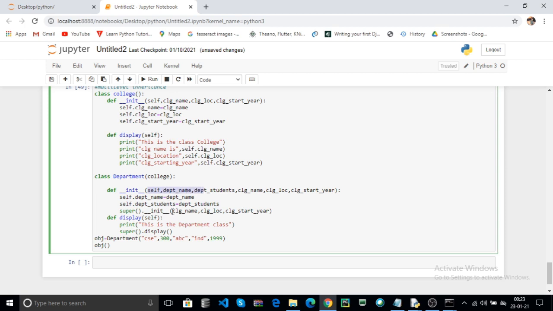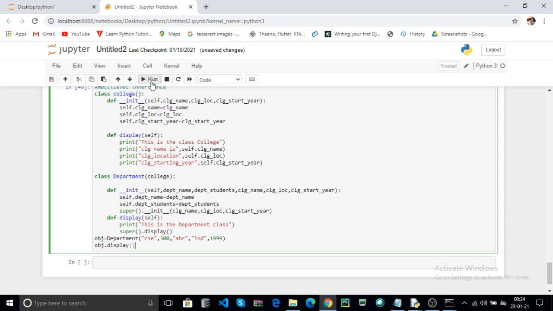Here in that child constructor, the college name, college location and college starting year are here. These values are placed into your parent constructor. Here you can directly call your display method, obj.display.